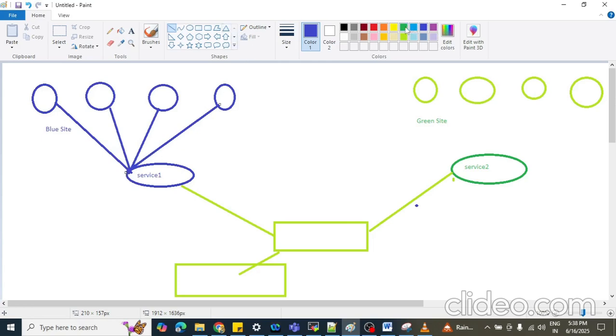And here it is pointing to the green site. Oh, sorry. Yeah, the green one.